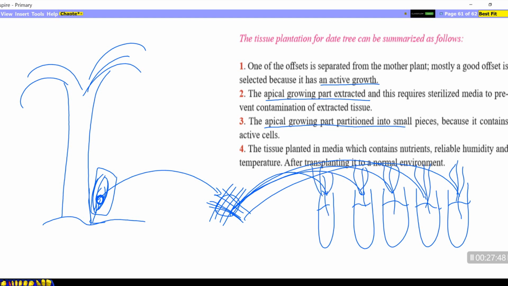As they produce leaves and start to do photosynthesis, they are then transplanted into the normal environment, and a new plant similar to the mother plant is formed, but artificially in the laboratory, in a medium which contains all the necessary materials. We call it tissue